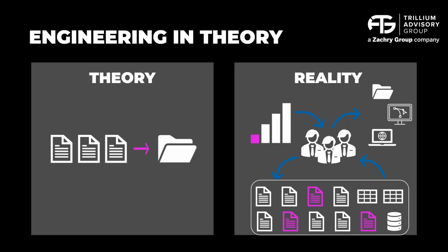So there's mountains of data that need to be produced, and it's important that the team really centers in on that. Now, one thing to keep in mind is we talk about the path of construction and the path of engineering, and fundamentally those are very different. Now, in theory, we talk about aligning them, and it's important that engineering supports what construction needs, and conceptually that makes a lot of sense. But the challenge with that is the way we design is not the way we build, and vice versa. We design by system, we build by area,